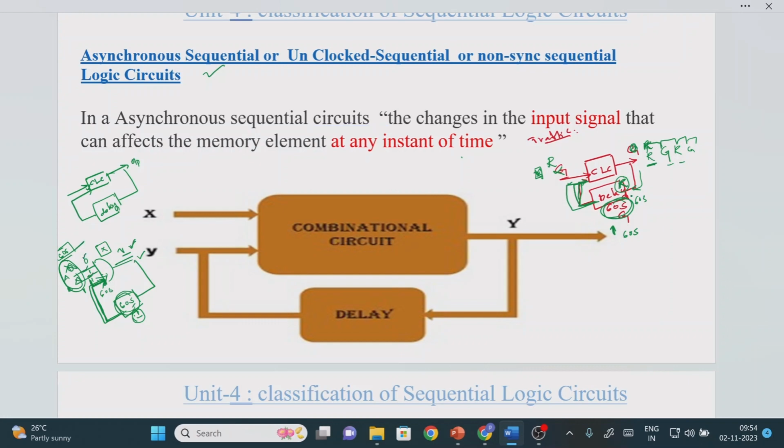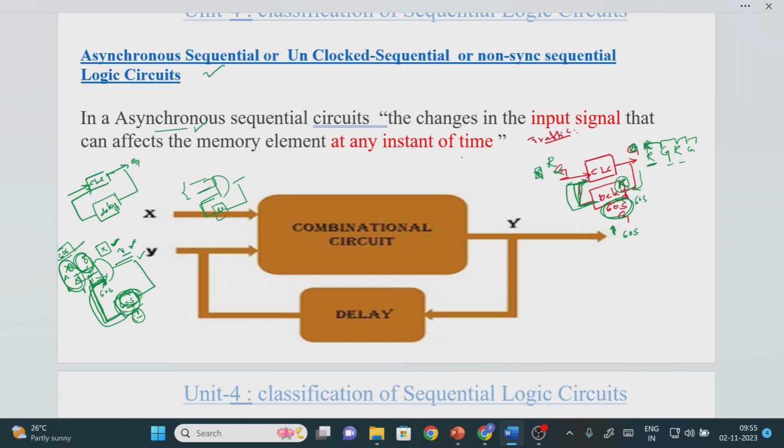At the 60th second we are not giving any external inputs, but automatically once 60 seconds is completed, it takes the value. It means that we are getting the error output. So that is why it is called the asynchronous sequential circuit. It means that there is no proper mechanism between the delay element as well as the input value.